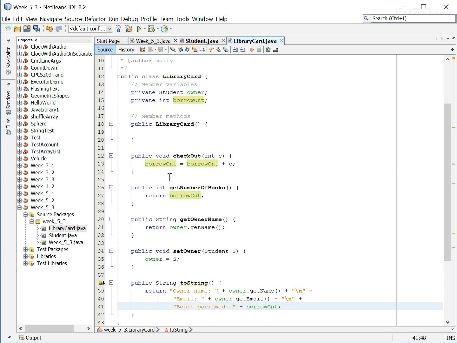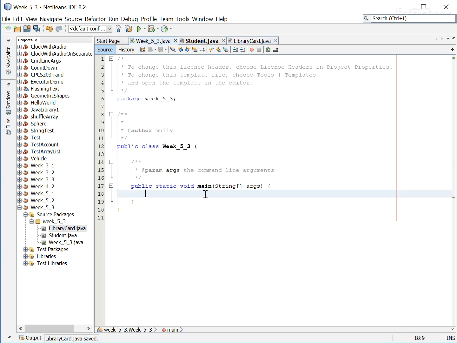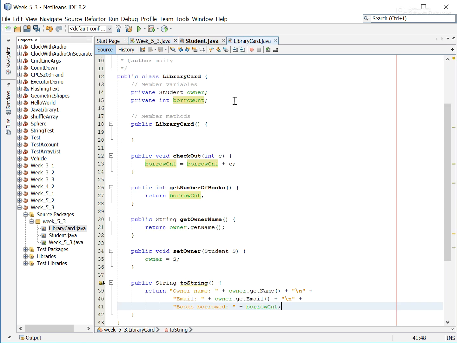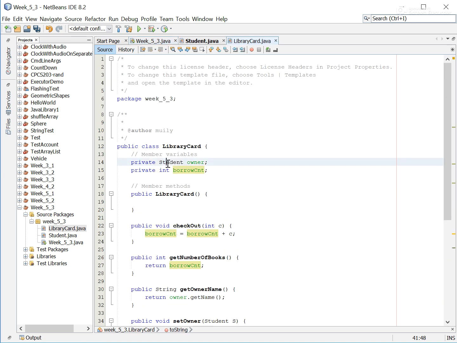And we're done with our second class, library card. Let's get back to our main method. And so now that we have this library card class, which has among its data members an integer, but also an object of type student,